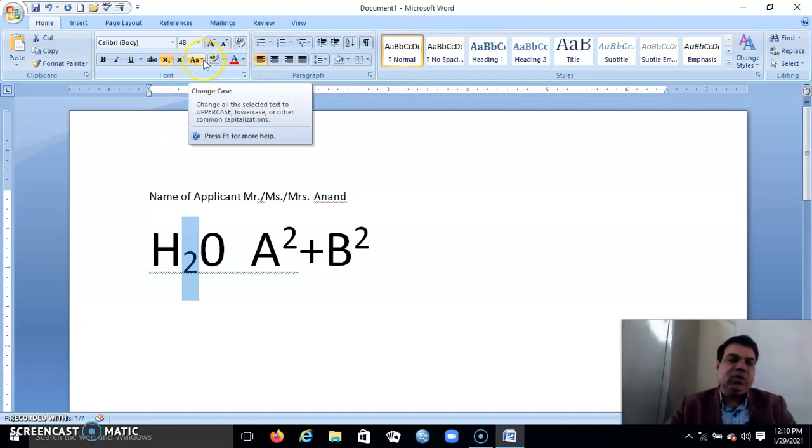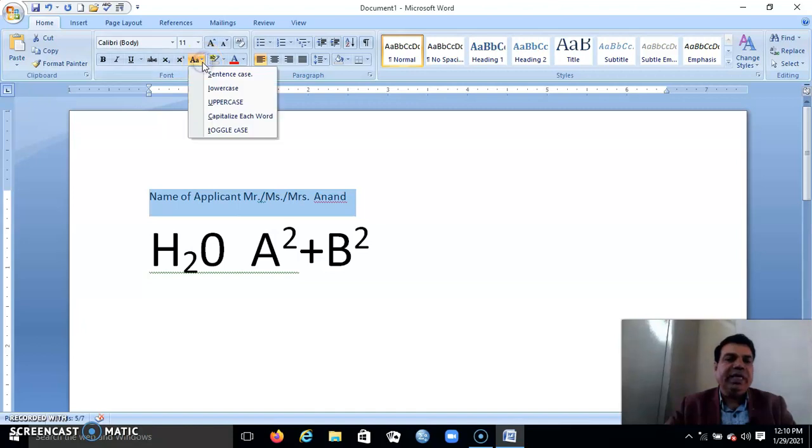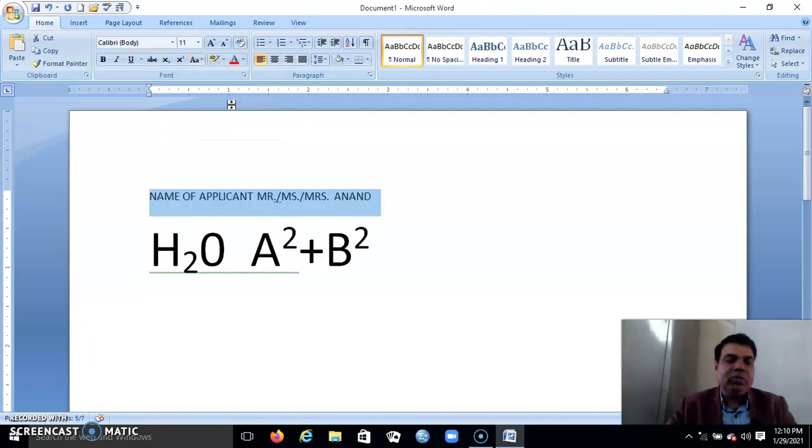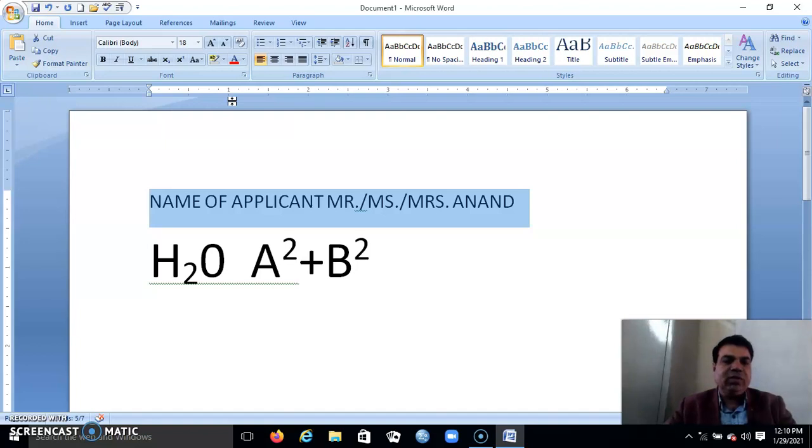And now what is this? Change case. Suppose I have written this and I want to make it completely uppercase, but I have written it in lowercase. Now this is the facility. Select this and click on the uppercase option. All my text is converted into uppercase. You can see it. I have increased the font size. Now you want to make it lowercase.